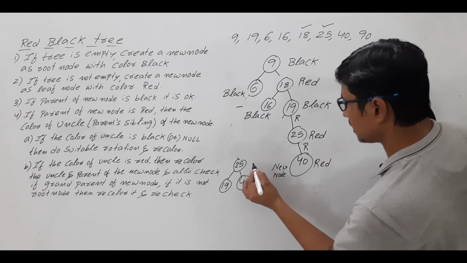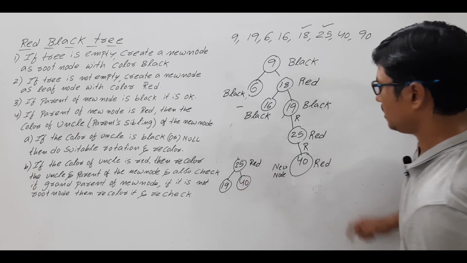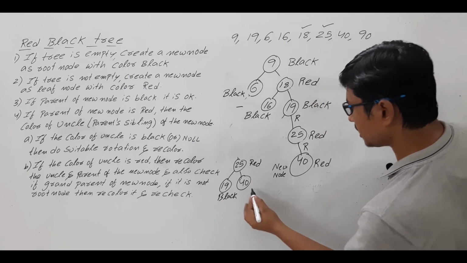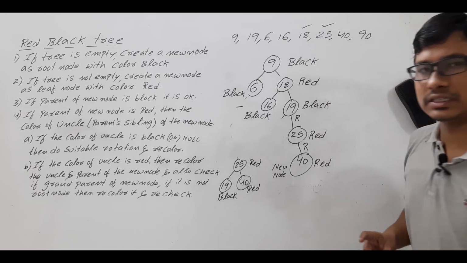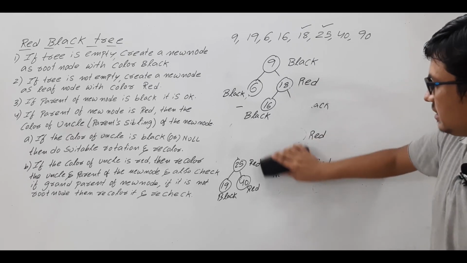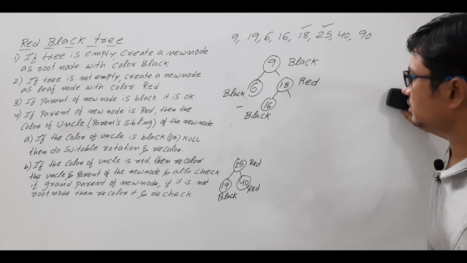Previously it was red. Let me write here red. 19 was black previously, and 40 is red. Are you able to understand? Now you need to recolor them. Okay, let me erase it. Recolor the